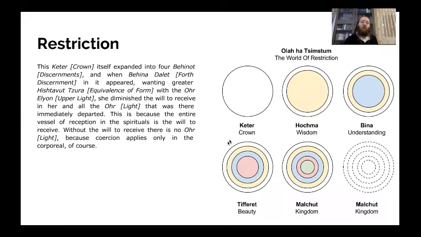So the way you advance between 4.3 and 4.4 to pass the barrier is that you start internalizing. You first start with the reason: why do you actually want to pass the barrier? And then you start internalizing the world within you, which is Chochma, wisdom, Bina, understanding, Tiferet, beauty, Malchut, kingdom. And then when you reach that intensity, the light departs and becomes the tense field of the Igulim, of the circles.